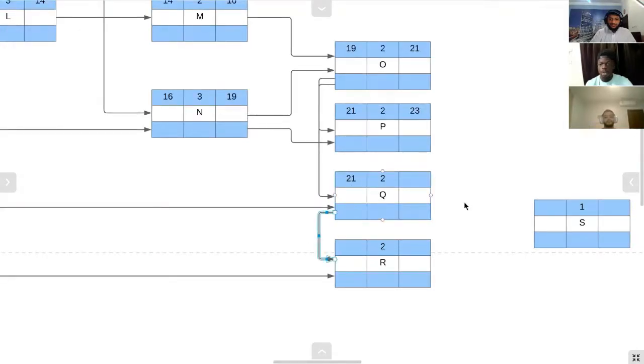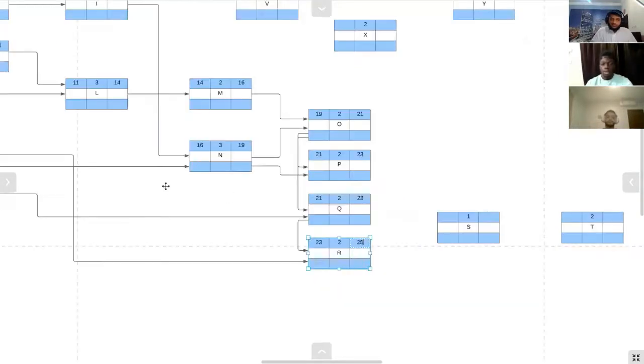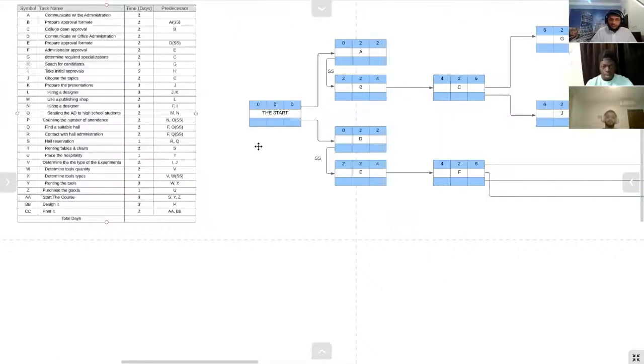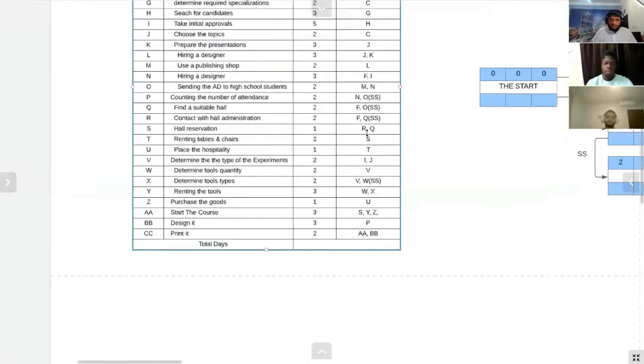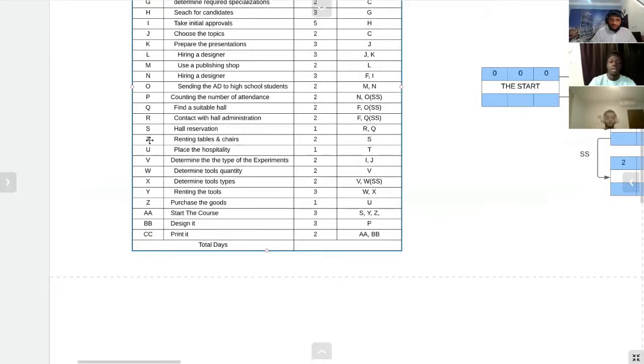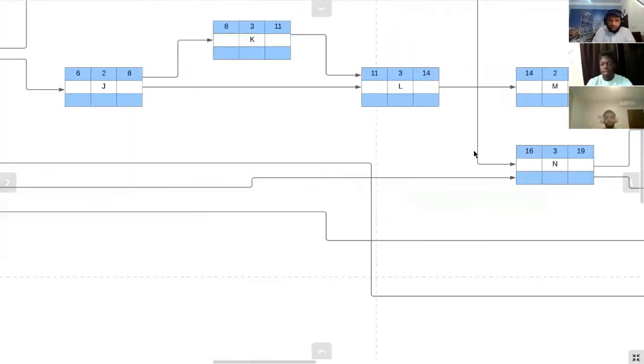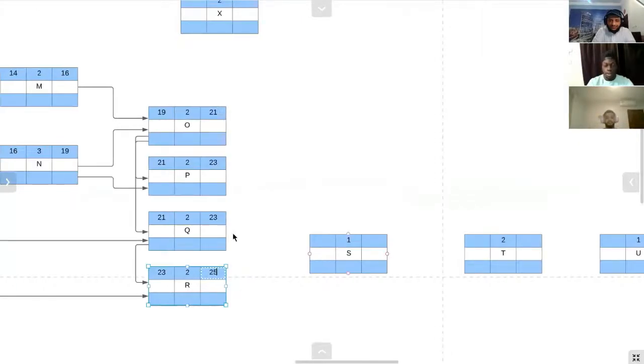The queue should finish at 23, and this one should start at 23 and finish at 25. Okay, good. After that, task S has a relation from R and Q, and task T has a relation from S, and U has a relation from T. Okay. This one is task S, and this is its relation. Okay. We're going to take the greater number, which is 25,